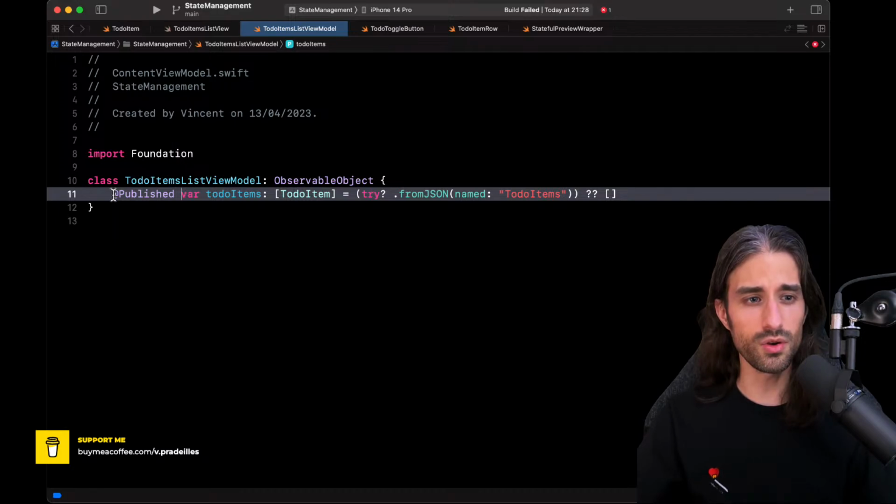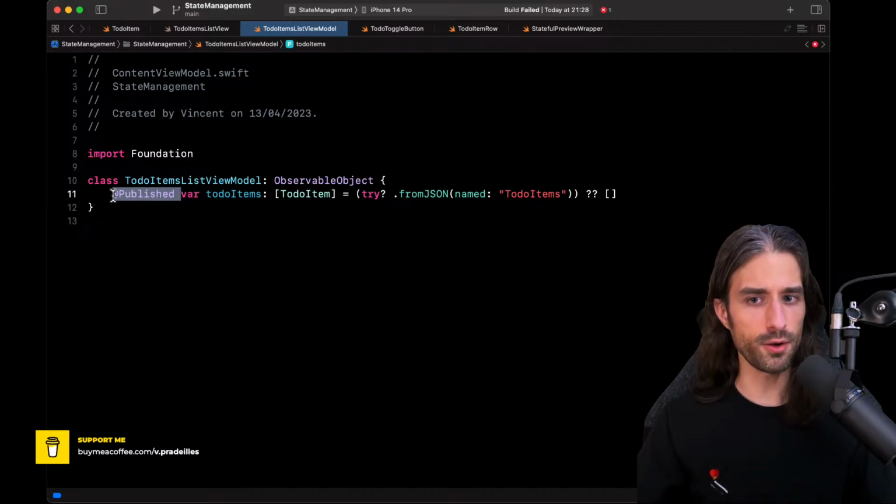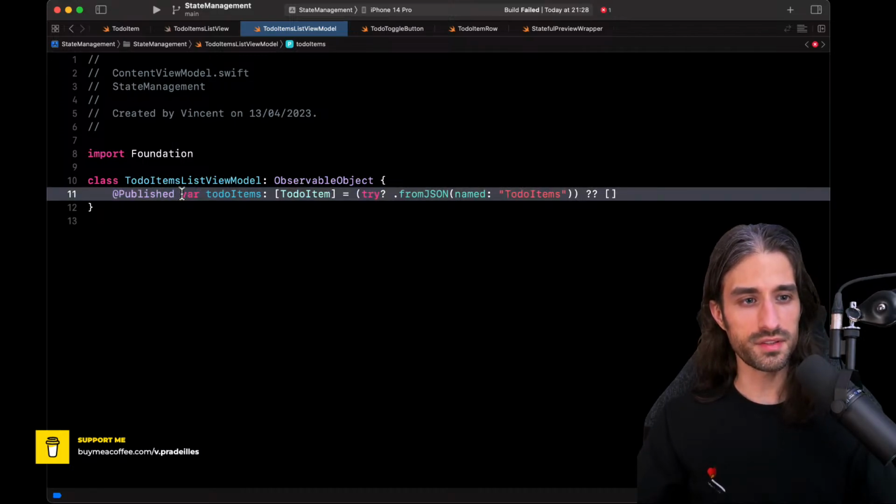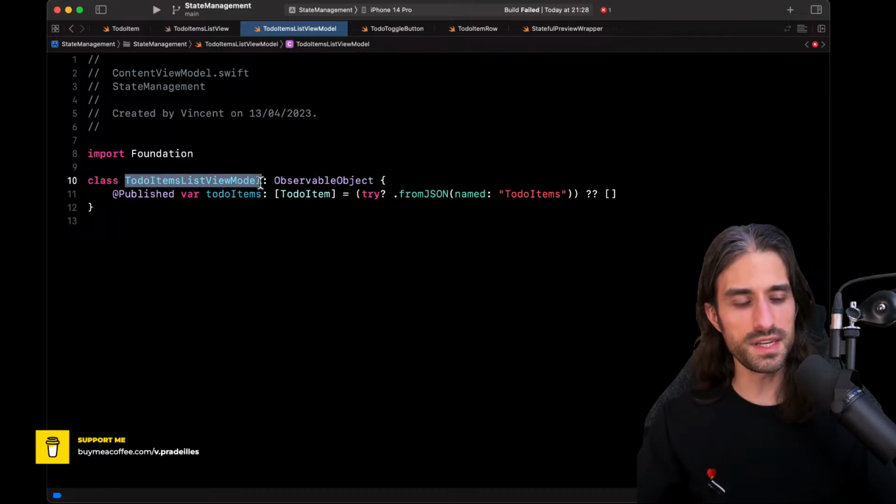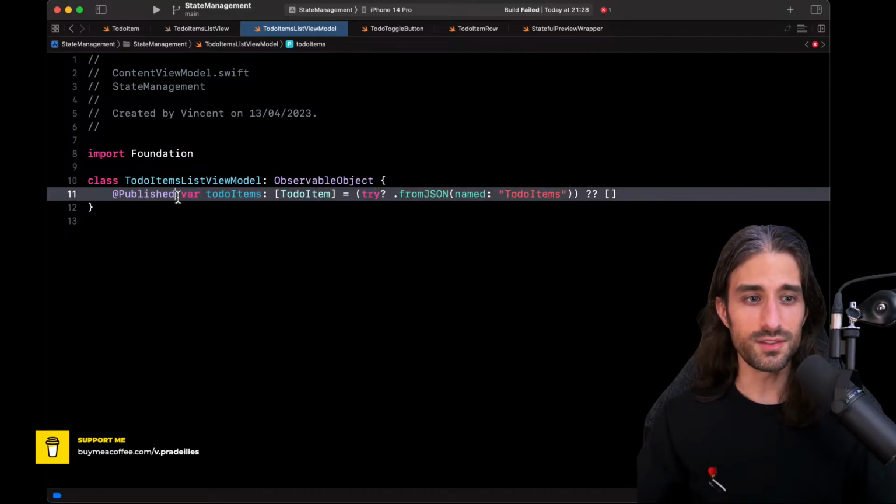So @Published, you only use it inside an ObservableObject, and its effect is that when a value is set on the property that @Published annotates, it will send an event to the objectWillChange publisher, and it will let whatever SwiftUI view is using the view model be aware that the state of the view model has changed, and so the view needs to be recomputed and potentially updated.